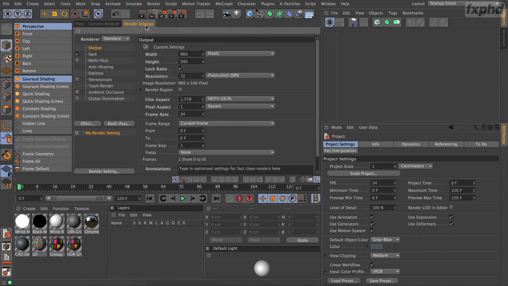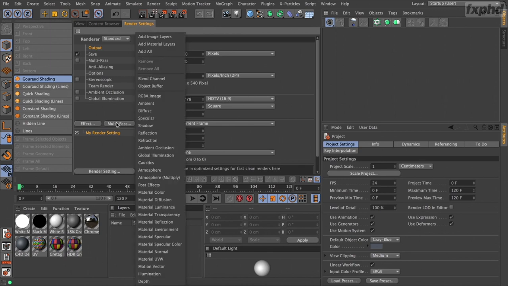If you look under your render settings and you go to multipass, when we just do a regular output, we get the RGBA image. So we just get a flattened composite, but Cinema actually calculates every one of these layers when it renders. It does a separate layer for specular and shadow and reflection, and it has blending modes like Photoshop to combine them all together. So specular is a screen layer, shadow is a multiply layer, ambient occlusion is a multiply layer, and so on. And then these all get stacked in order